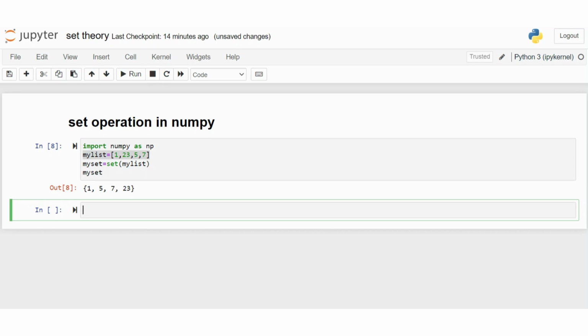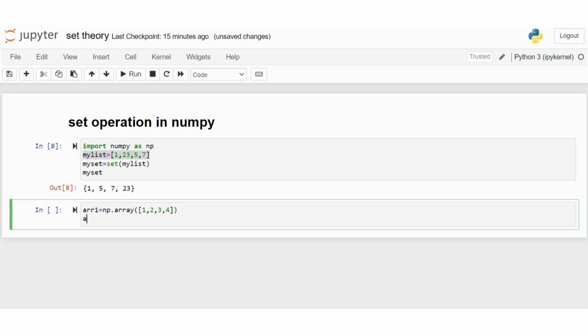Suppose we create array 1 equal to np.array of 1, 2, 3, 4, and create array 2 equal to np.array of 3, 4, 5, 6.